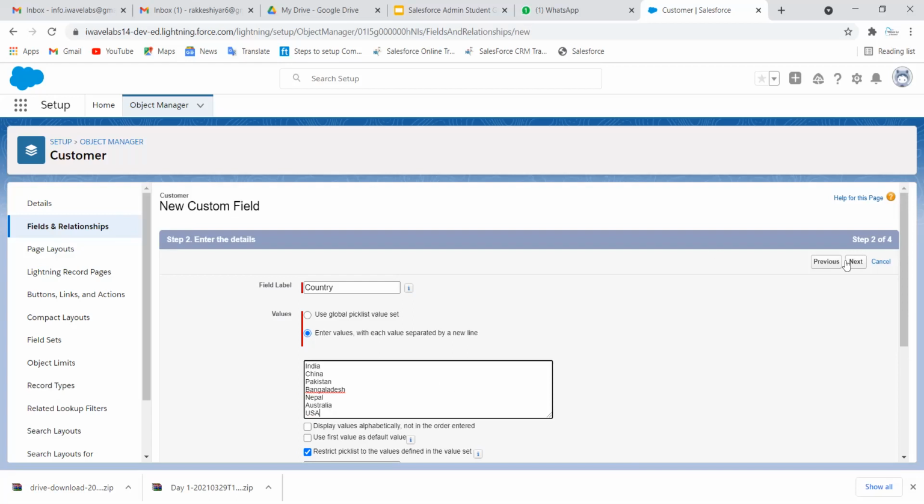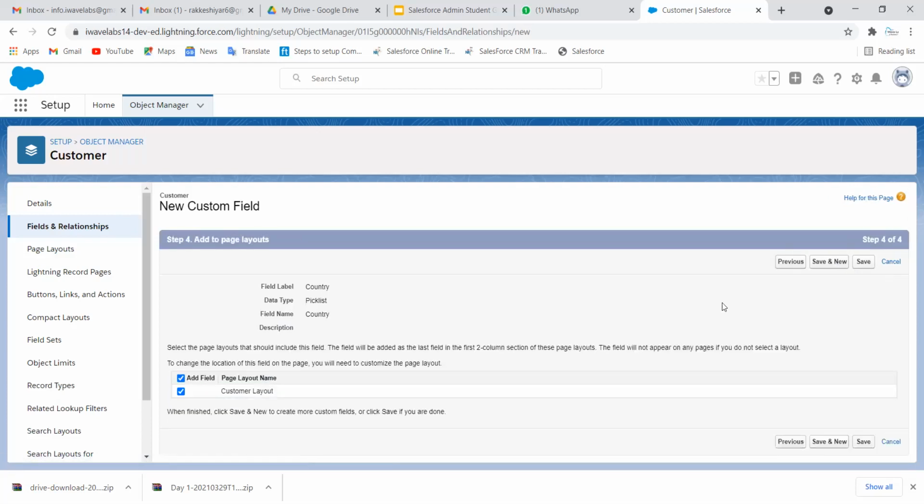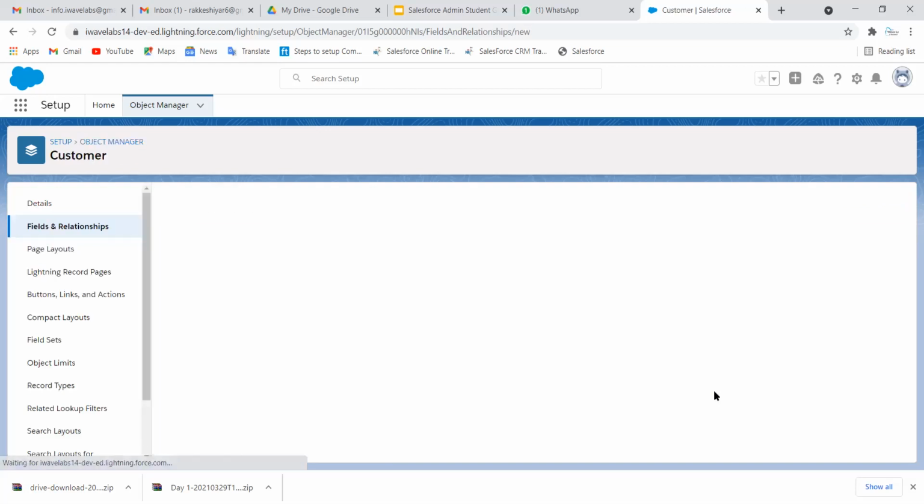After this, click on next button. Will be added to all profiles. Visible to all profile. Click on next button. This particular field will be added to the customer layout. Click on save and new.